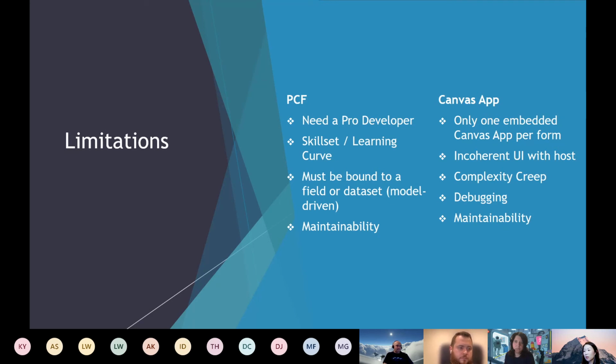And I think maintainability is not so much a limitation as such. If you look at it from, like, keeping the actual source in source control and everything like that, that's really maintainable, right? And keeping the versions that way. So limitations. Do you have anything else to add, Lachlan?